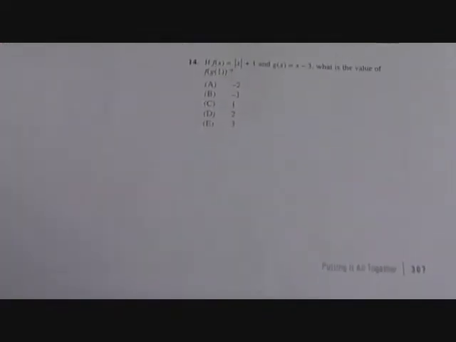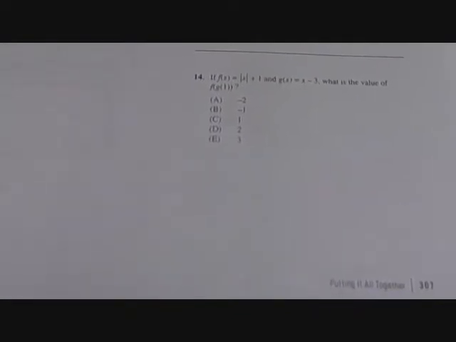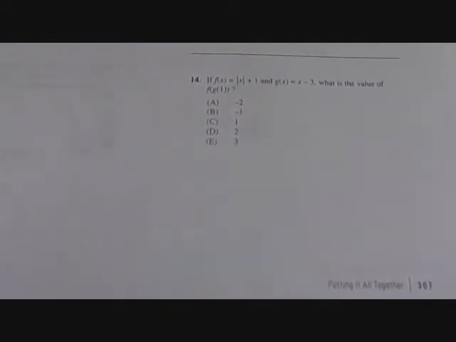Alright, if the absolute value of x plus 1 is equal to f of x, and g of x is equal to x minus 3, what is the value of f of g of 1? So you always have to work yourself. When you see composite functions, a function inside another function, you have to work starting from the inside and all the way out. So first we have to find g of 1, which means you just plug in 1